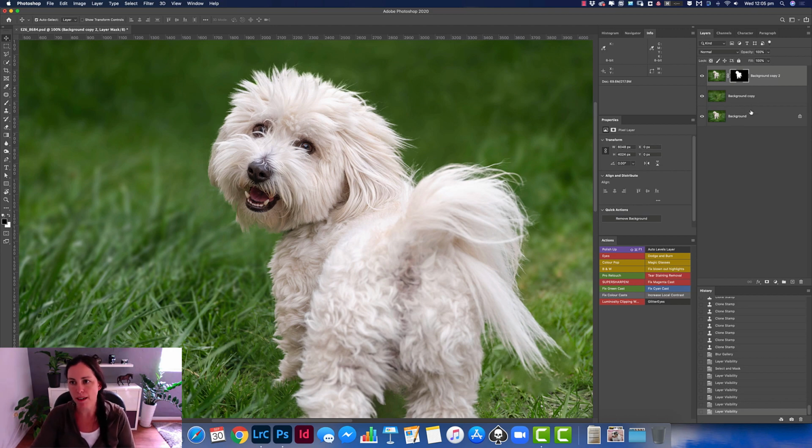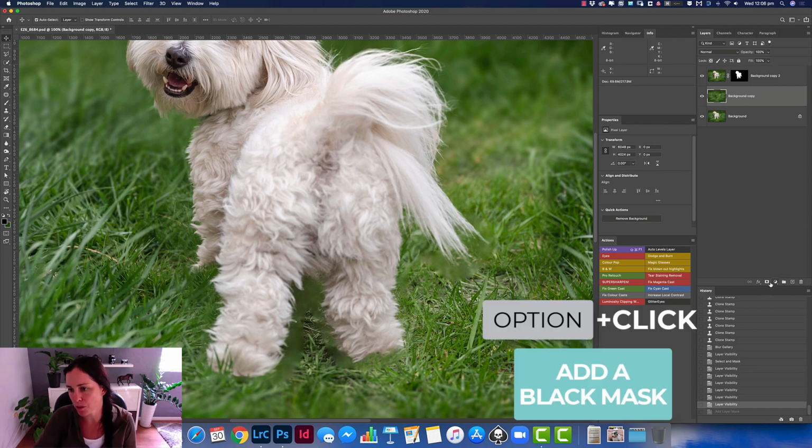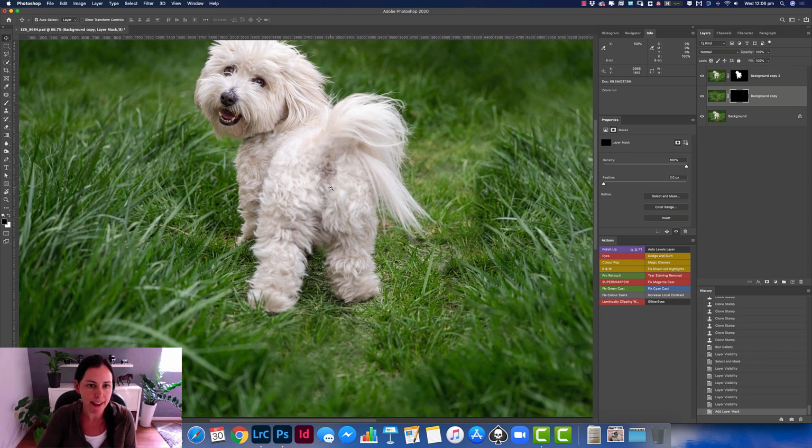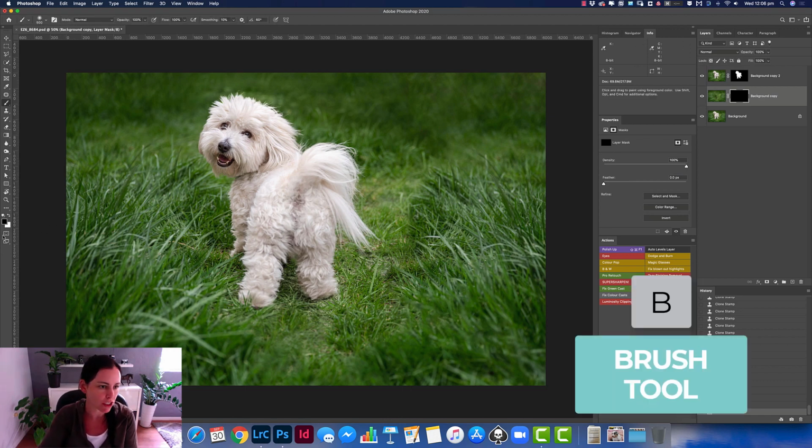So we do actually want the background to show through in certain areas. So the base background that we've got, we don't really want to edit too much. As you can see, we've got some blurry stuff going on here. So we're going to add a mask to just the background layer here. And we're going to make it a black mask. So I'm going to hold down Option, click the mask, and now we're going to paint in this where we want this blurry background to be. So a nice big white brush,